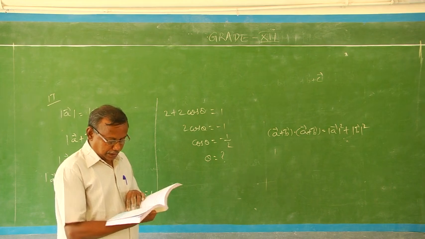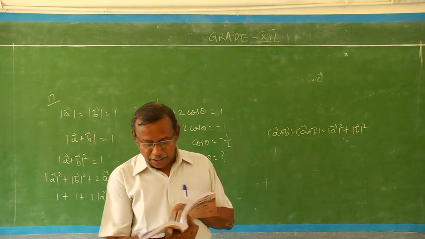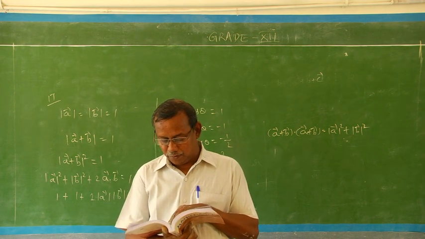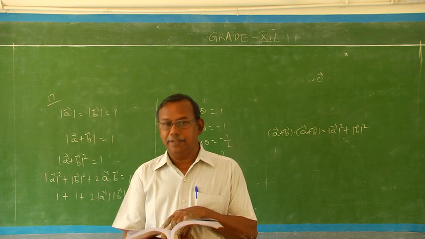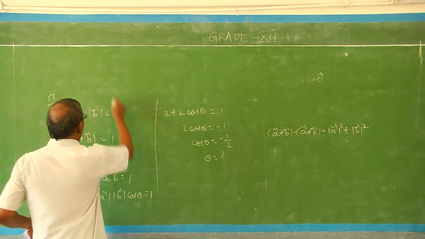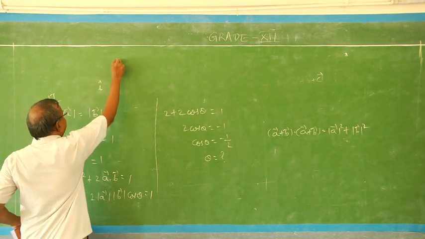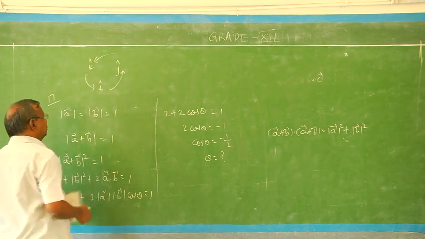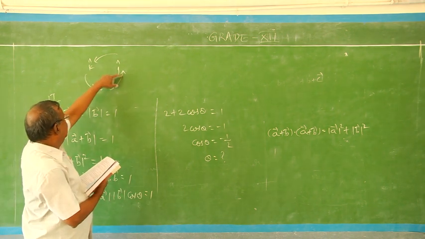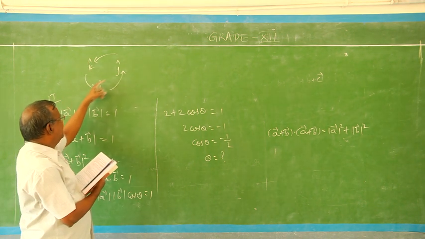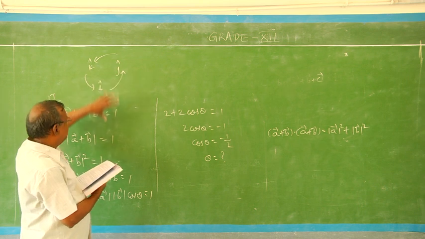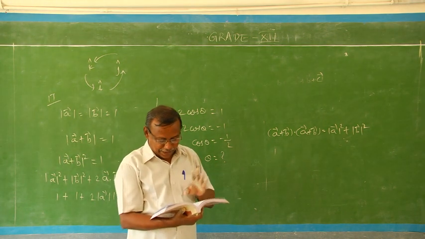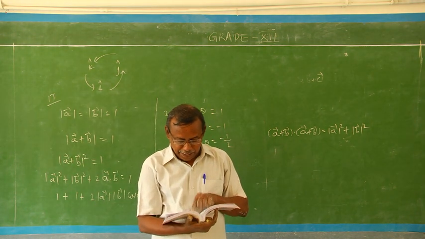Now in the 18th question, i dot (j cross k). You know j vector cross k vector is equal to i vector. i dot i equal to 1. Similarly i cross k. Cyclic, I already told you: i cap, j cap, k cap in the anti-clockwise direction. i cross j means k, j cross k means i, k cross i means j. So first find the cross product, then take the dot product with the other vector. You will definitely get the correct answer. So choose it. Now the 19th, that is the last problem.